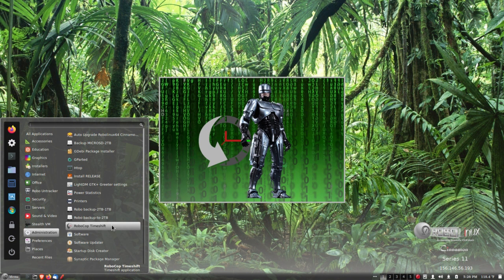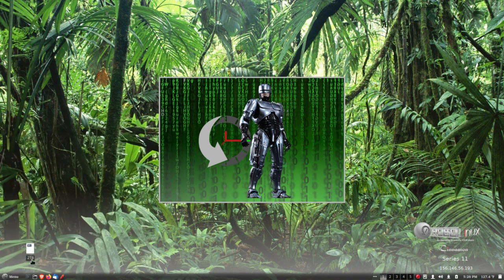Now, one of the main reasons that the Windows version of Restore Points is no good is it does not allow you to create your snapshots on external drives. And if you look where my mouse is right now, I'm pointing to a 2 terabyte external drive. And this is the proper way to use the Timeshift application, which I had to fix because, and I'm going to show you in a second,